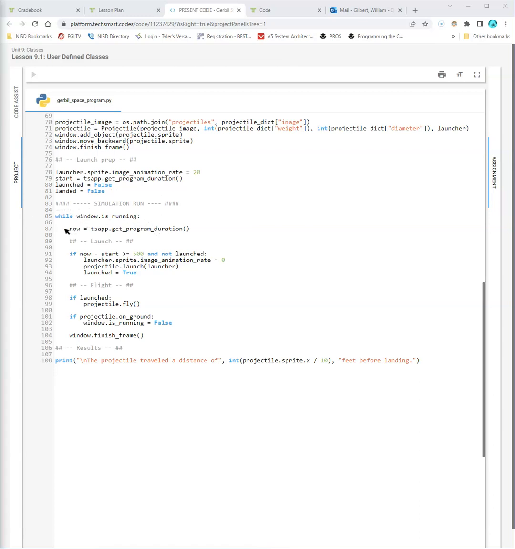While window is running, we're getting the timer. So we had a start time up here. We have now, and then we look for the elapsed time. Now minus start. So we're looking at 500. So remember, the program duration is in milliseconds. So 500 would be half a second. So if half a second has gone by and we have not launched yet,